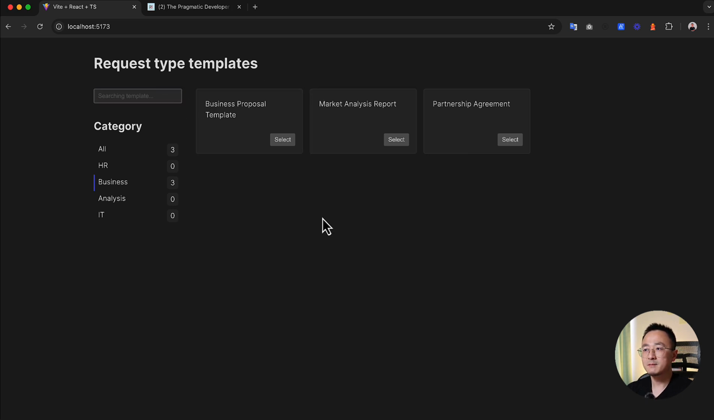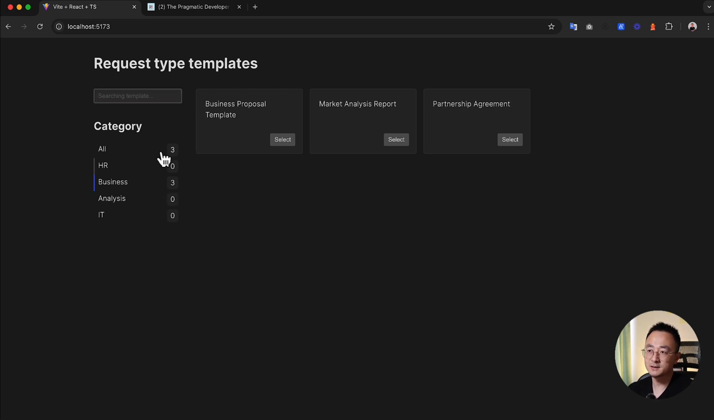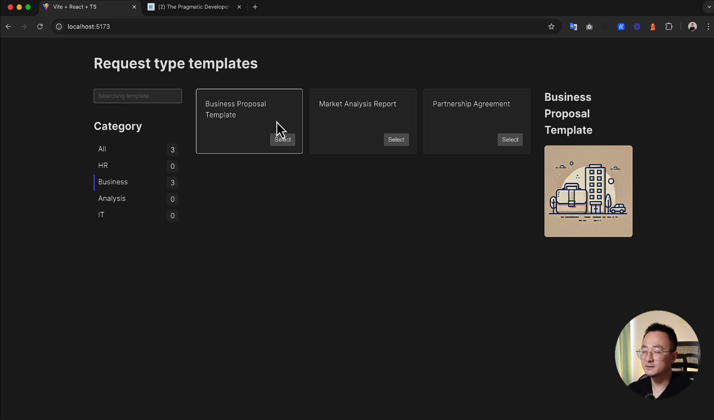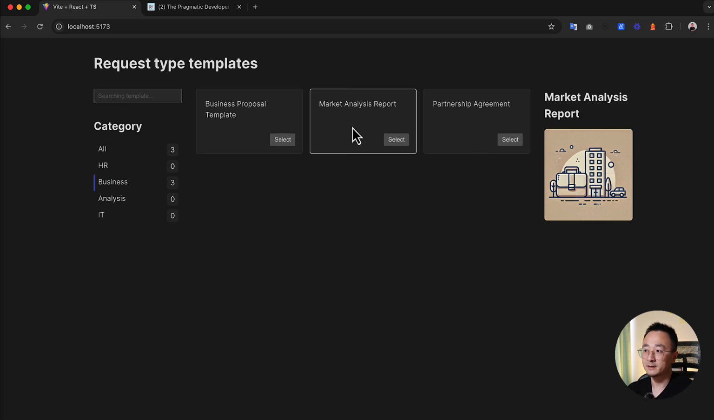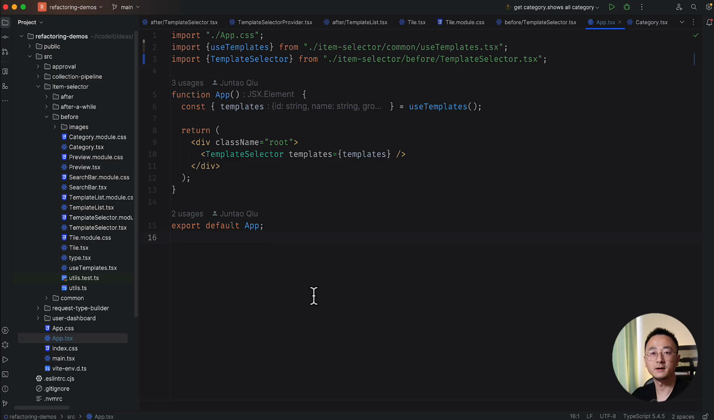As we see, many different places are using this kind of template selector component. It's natural to have a big component that has everything: search, group or categorize, the template list, preview, and it allows the user to select. That should give you some context of the functionality overall and why the template selector component exists at all. And if we look at the code,